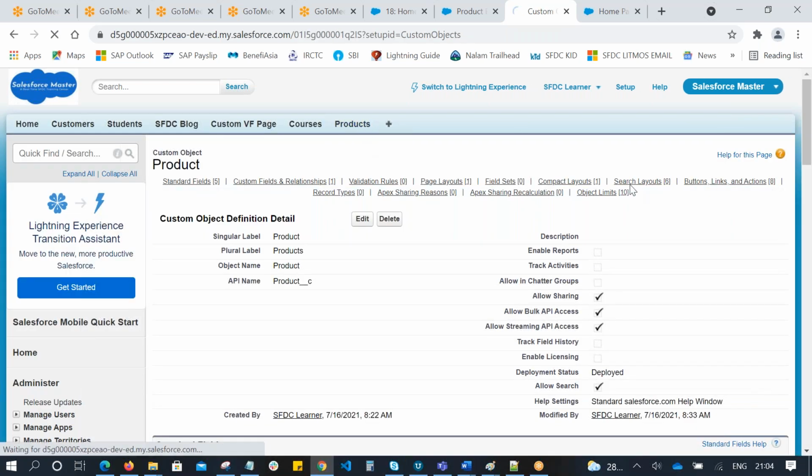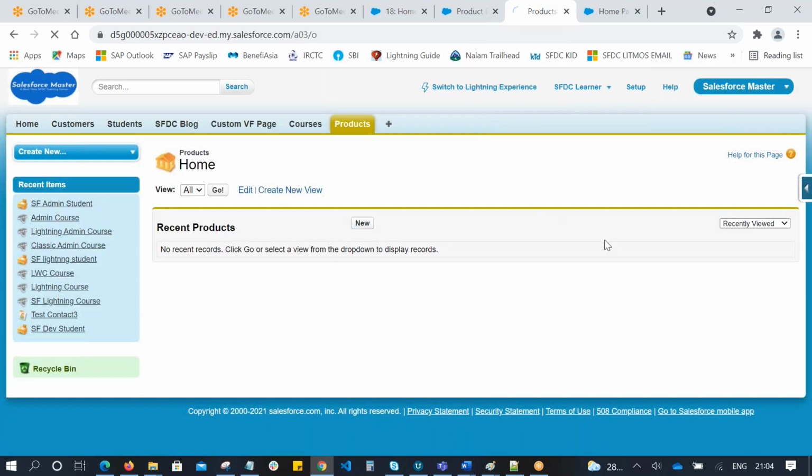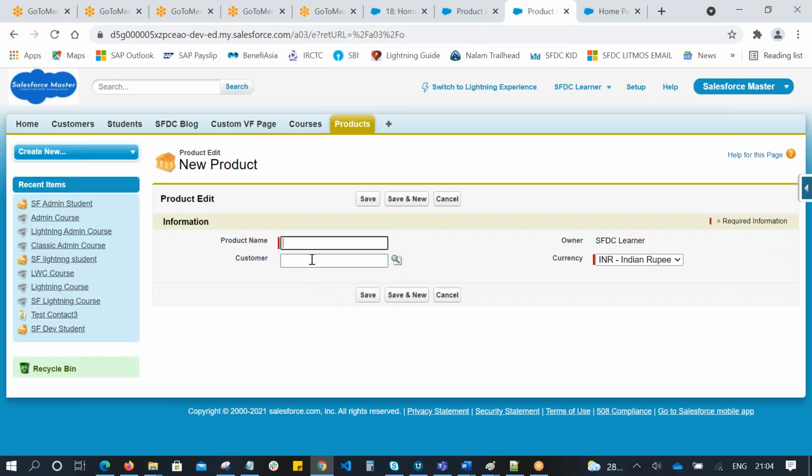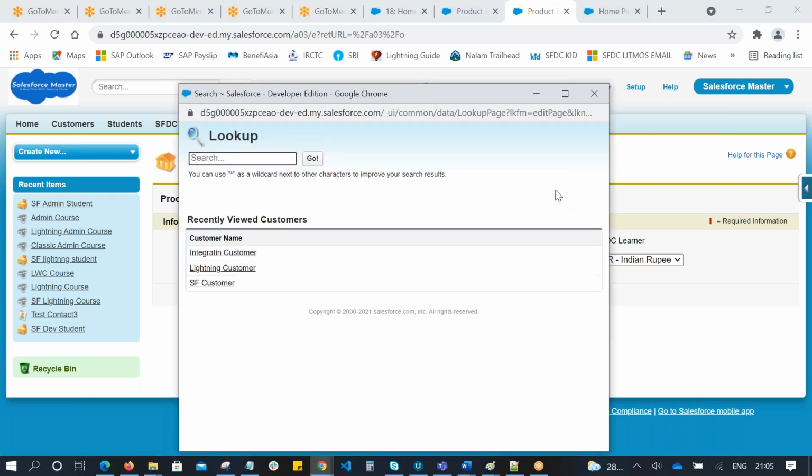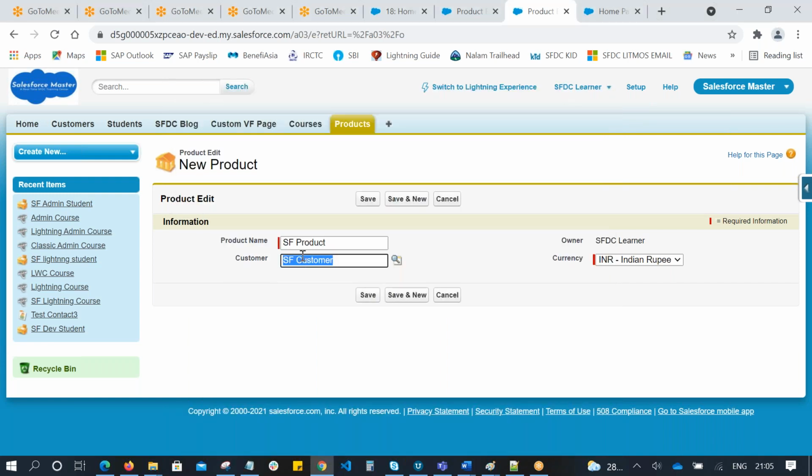We go to the products tab to create a new product. Here we have to select a product. Suppose I am creating a product. Here we have to select a customer, SF customer. So we have a product. Let's save.